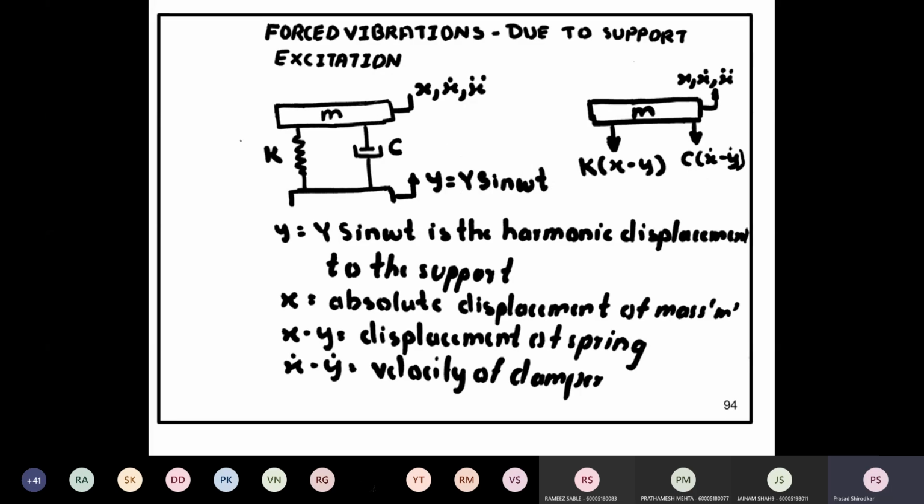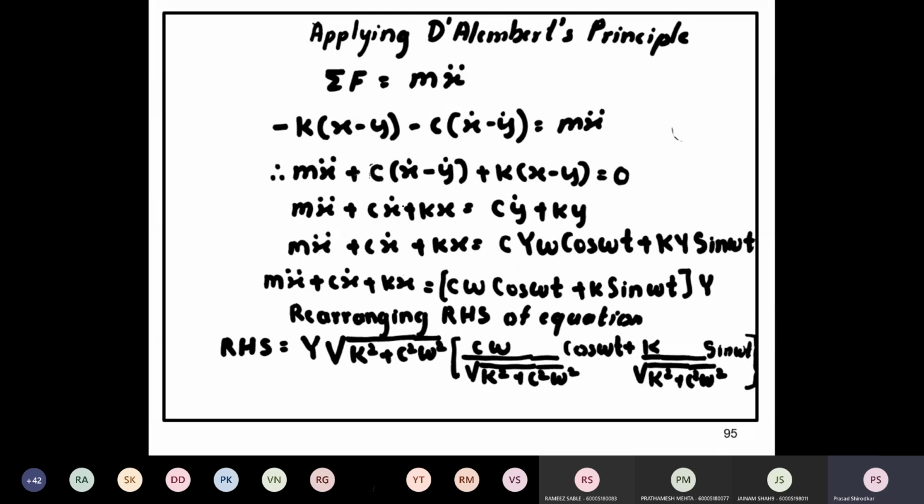Similarly, we consider the case for support excitation. In this case, the support is not stable, there is some excitation provided to it, and we said that y is equal to Y sin omega t, where Y is the amplitude of vibration of the support. All right, and we derived the governing differential equation, we solved for it, and here we considered two